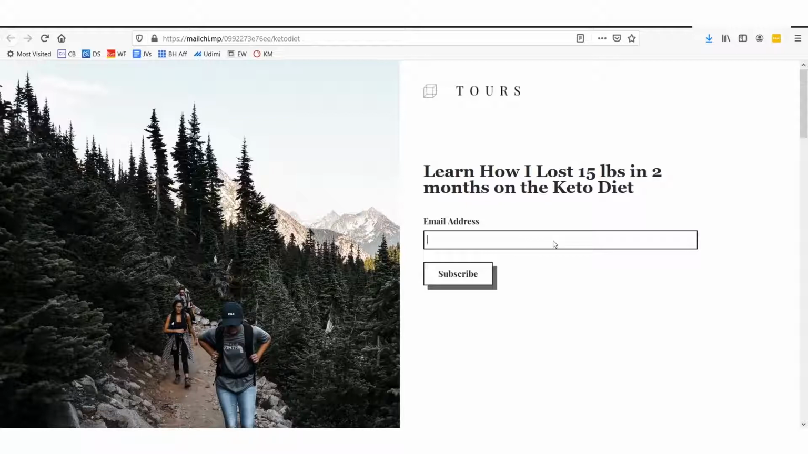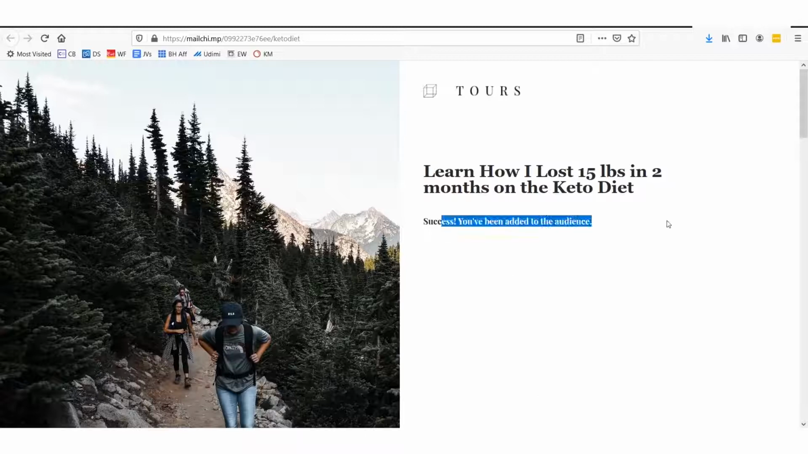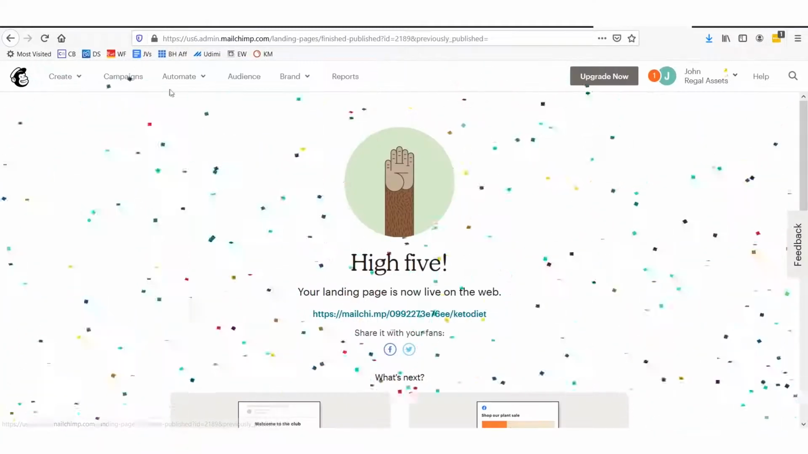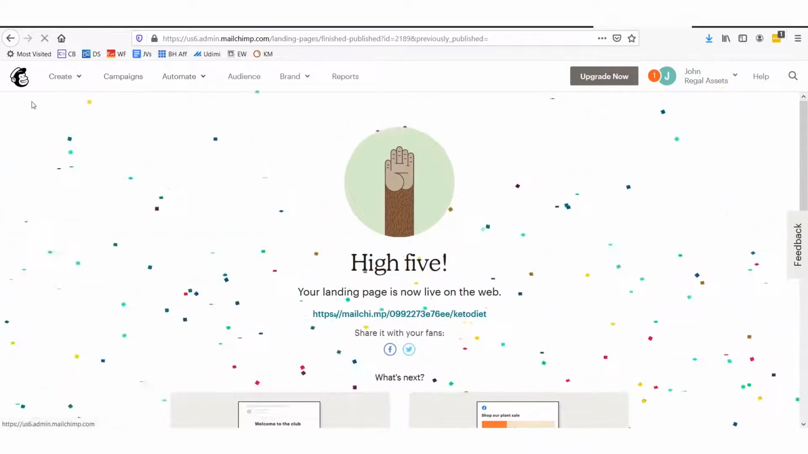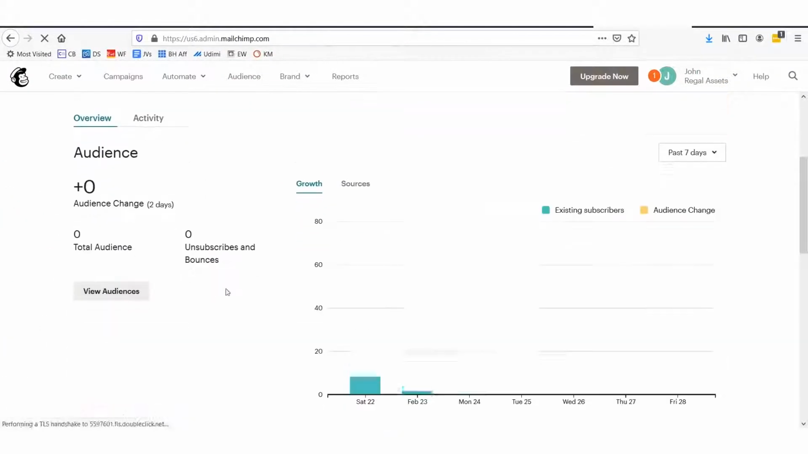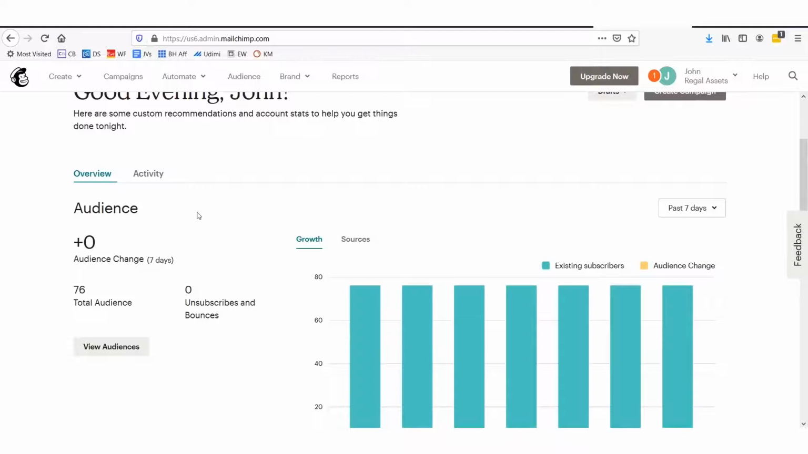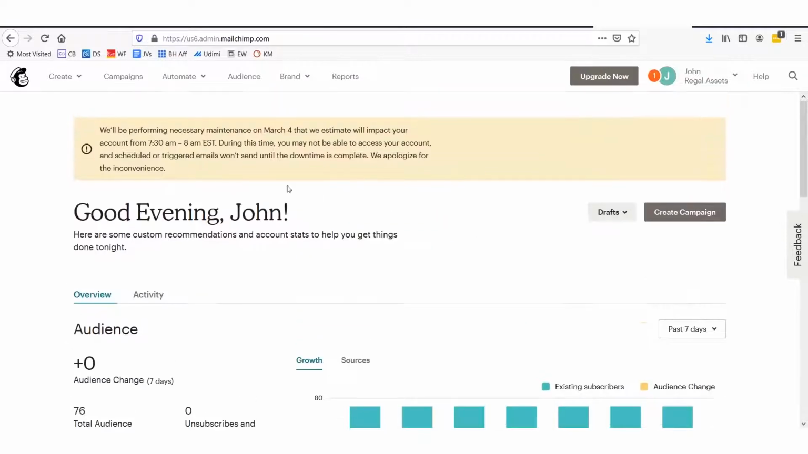We can enter in, let's just say, henryroyal@gmail.com. We could say subscribe. Success, you've been added to the audience. And if we go in our campaign builder here, we can actually go under the dashboard and we can see, well, it might take a second to update, but basically it will show us that we just added a subscriber. And we have a web page, we have an email list we can mail to, we have everything we need